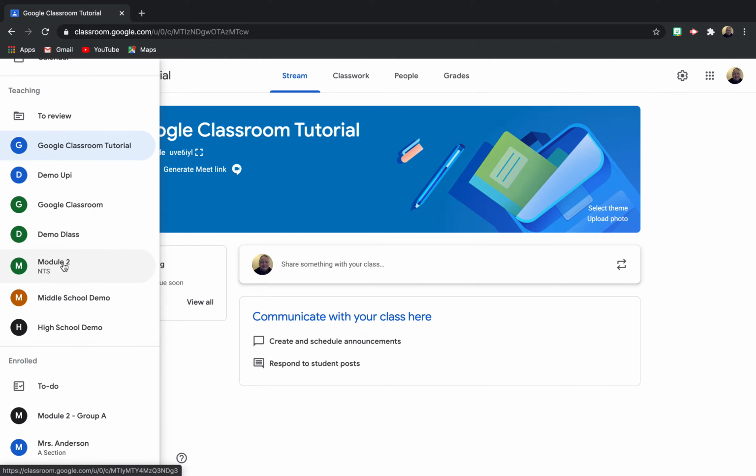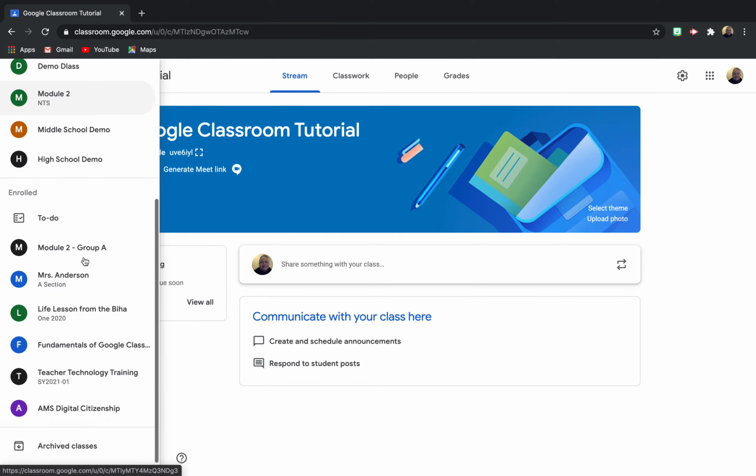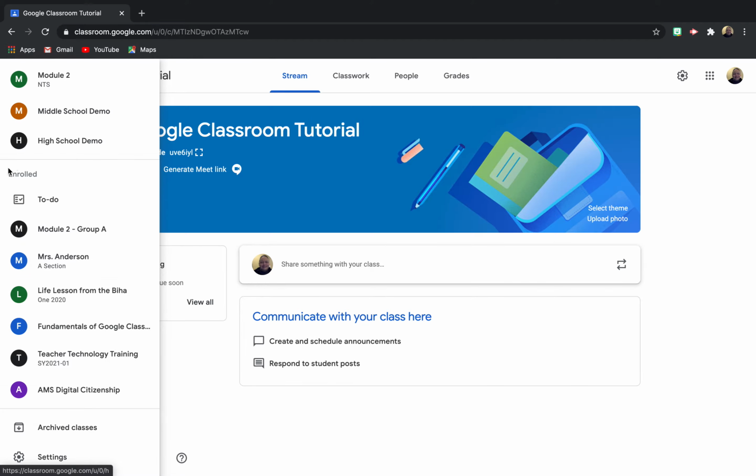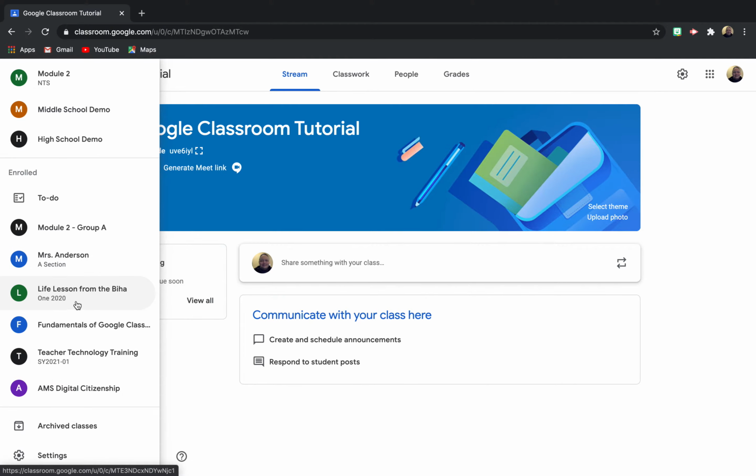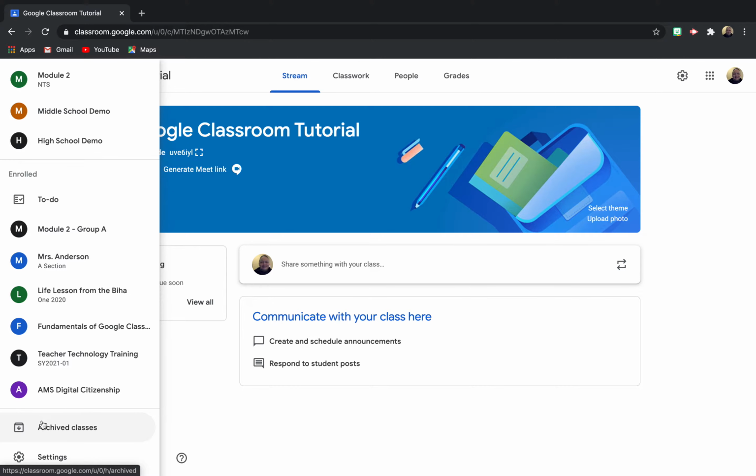These are active classes. I can scroll down some more, and it says enrolled. And these are classrooms where I am enrolled as a student. So there's a couple here. And then you have archive classes, and these are classes that I've had from previous years, but I didn't want it to clutter my homepage because these are classes that are no longer my classes. So I archive them. It saves a record of it, which allows you to either reactivate them or you can copy them in case you want to use the assignments in your current year,